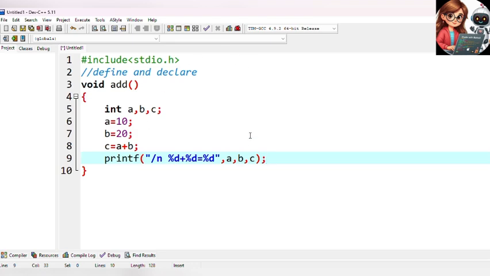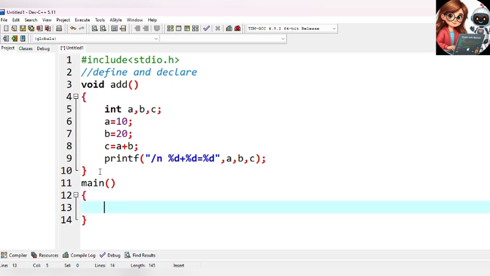Now this is the block of the function. Okay, now we are going to declare main, and here let's write print, I am in main.